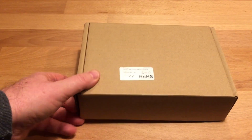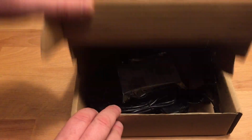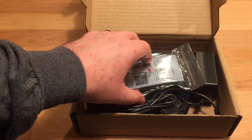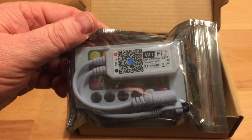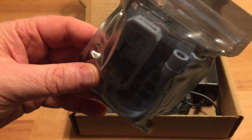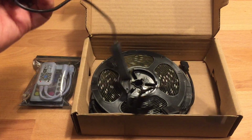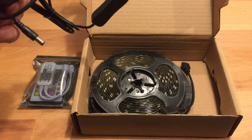Anyways, I've never used LED light strips like these before, so this is gonna be kind of fun to see what these things are all about. So, opening up the box that was sent, it looks like they include a little Wi-Fi module and a remote. The remote looks kind of like the remotes that I see for my RGB fans and computer cases and stuff. Looks like a power connector for it,